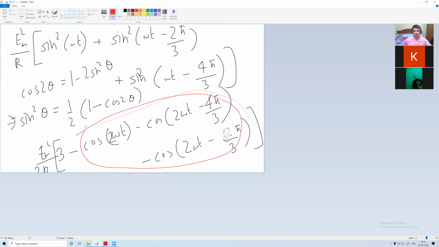Why does the power remain constant? Instantaneous power, not the average power. See that I have not done any averaging, like integration over t. I have not done that. I have just calculated the instantaneous power. P(t) is equal to i square(t) R, right? And you see that this is not a function of time, so it remains constant. Okay.